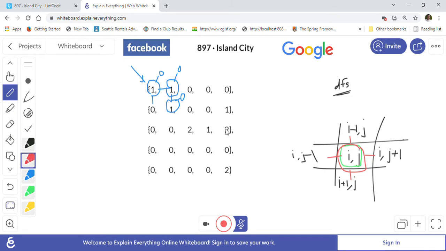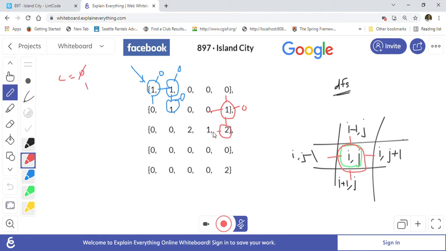Now we are going to hit this point where we are seeing a second island. So we will again do DFS from this in four directions, right? We cannot go in these directions because it is 0, which is water, right? So we have to go in this direction. So we will go here, and we will make this 0. We will visit 2. Once we visit 2, it means that we found a city on the island, right? So our count, we will make it from 0 to 1, because we have found one island city basically.